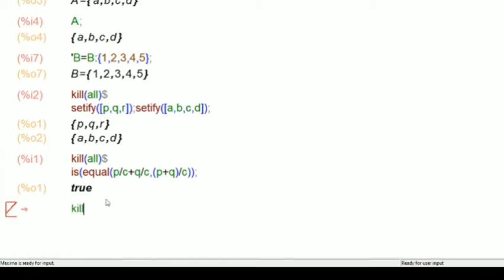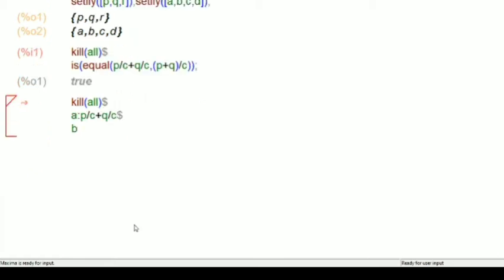What is that? Kill all. I'll call the first equation some small a. Small a is P by C plus Q by C. I don't want to display this, so I'll put a dollar sign and I'll assign the next equation.